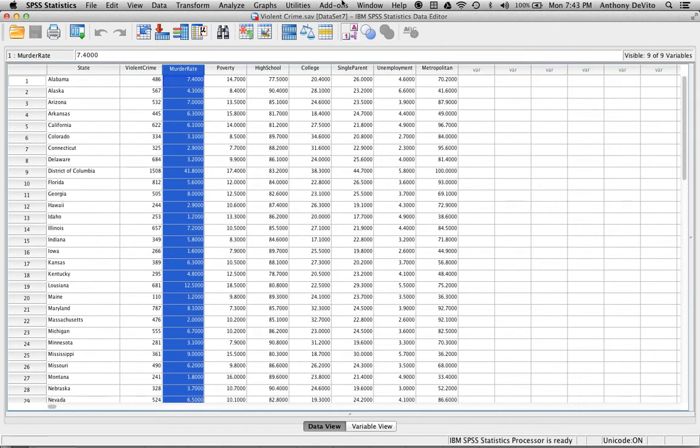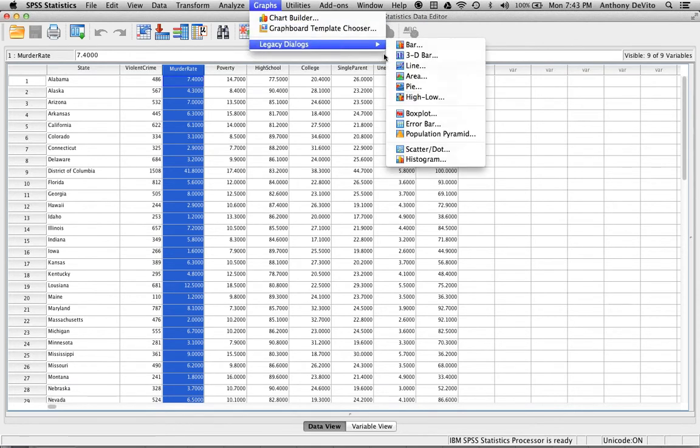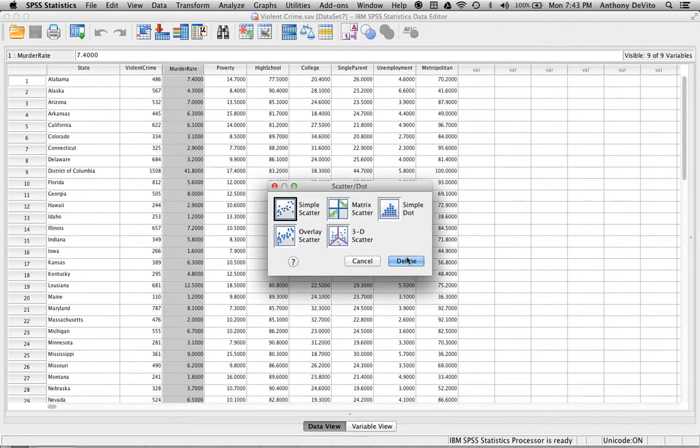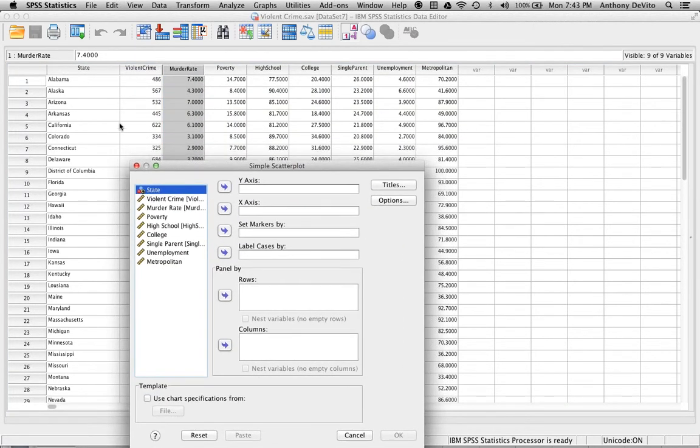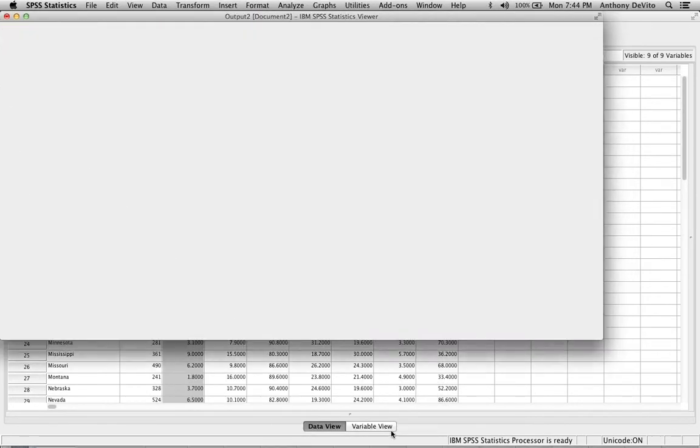Well, one thing we can do to start off with, as we really can do any time, is look at it graphically. I'm going to look at it as a scatter dot plot. A scatter dot plot is just plotting one value against the other on an XY coordinate. So for instance, for Alaska, the murder rate might be the y-axis and the unemployment rate might be the x-axis, and we're plotting the number 4.3 against 6.6. So murder rate is the y-axis, unemployment rate is the x-axis. I'm going to plot them,